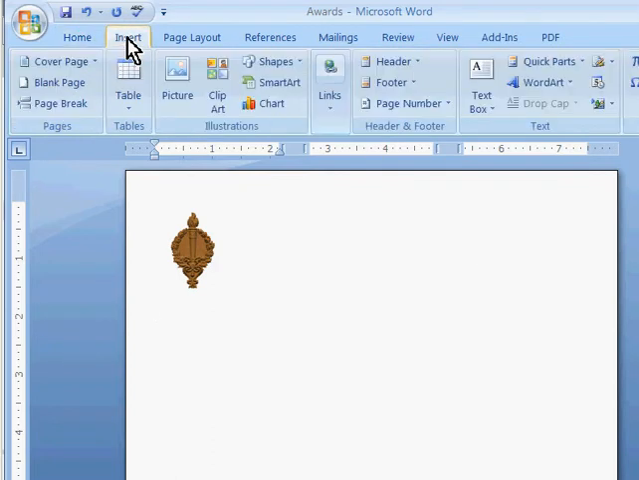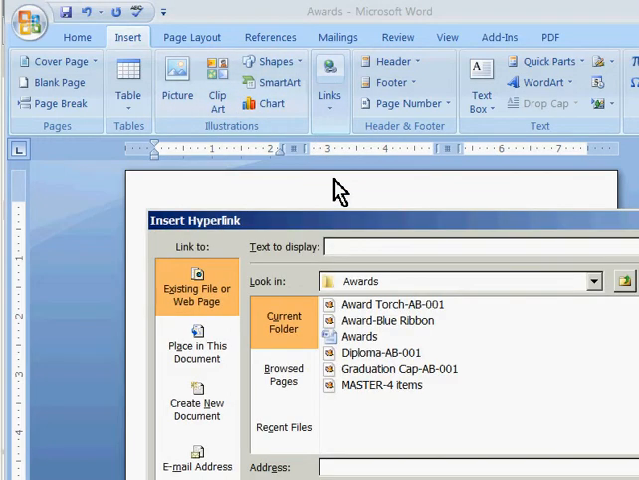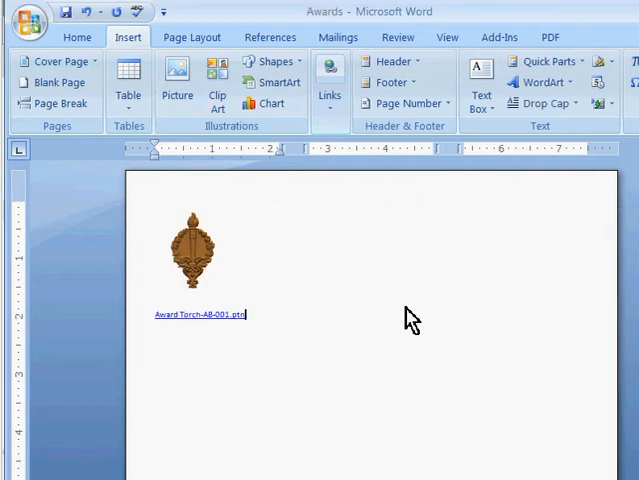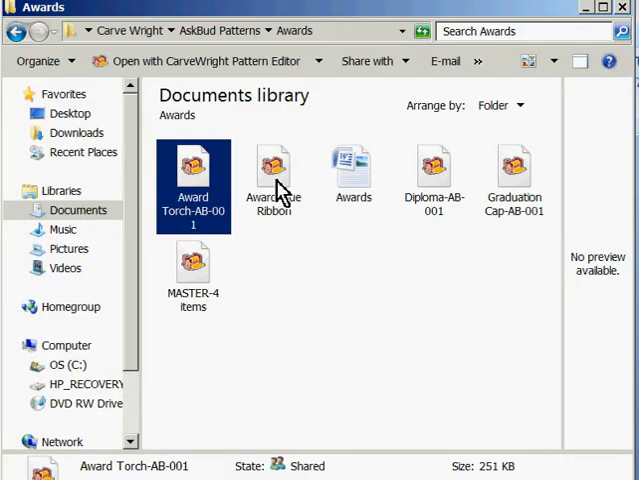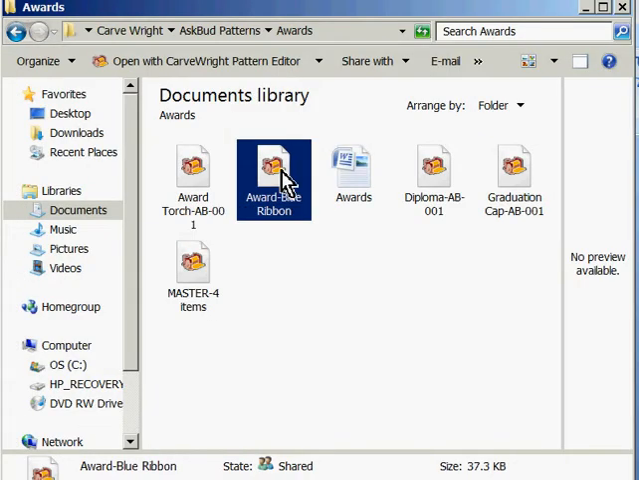Go to Insert, and I'm going to stay in Insert for a lot of things as we go through this. Again, if the screen was larger, these links would open up a little more, but I'm going to hyperlink, and I'm going to double click on Torch Award, and now that's right underneath that. So now I go back to my awards, click on the award blue ribbon,